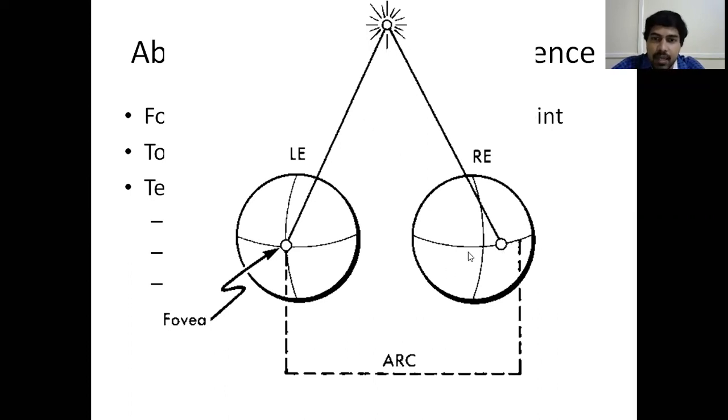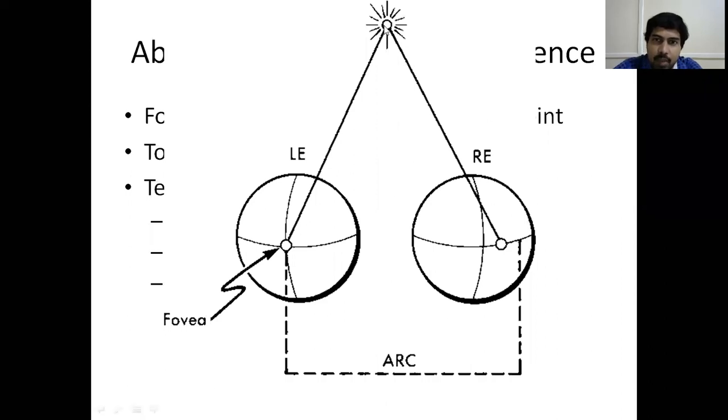Suppose the corresponding point is this part instead. What happens is this image will not be falling here. Some other image will be coming and falling here. So then the brain will get confused. So why this abnormal retinal correspondence develops is, only the same image falls on both the points, and only this point's impulses will be transmitted to the brain. Only then the brain can exactly interpret that they are the same images. Suppose this point is corresponding with this point, so this exact intersection of line is seeing one image, but this part will be seeing some other image. Then the brain will get confused as to which image it should process. So that is known as abnormal retinal correspondence.